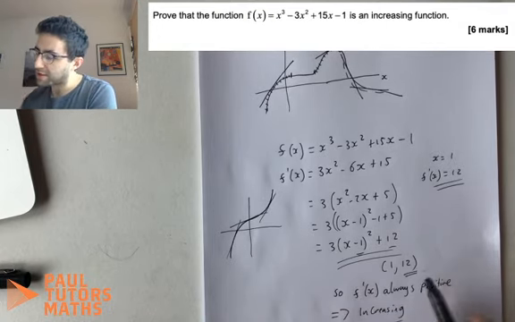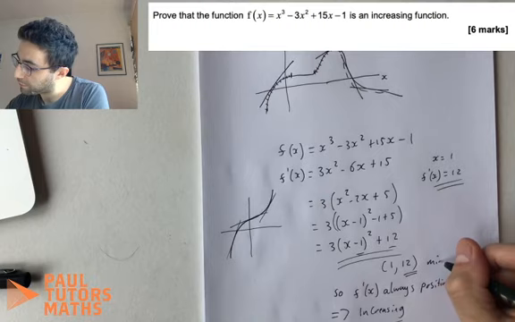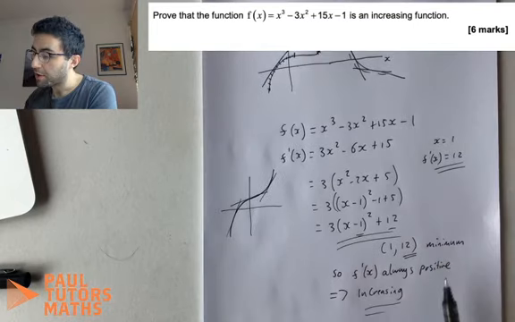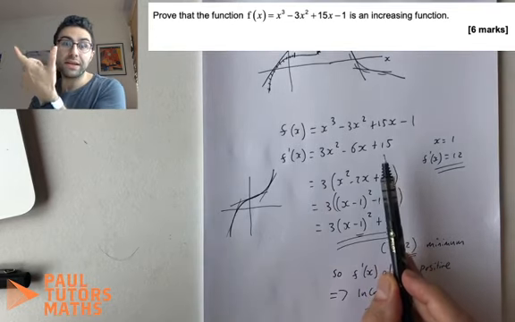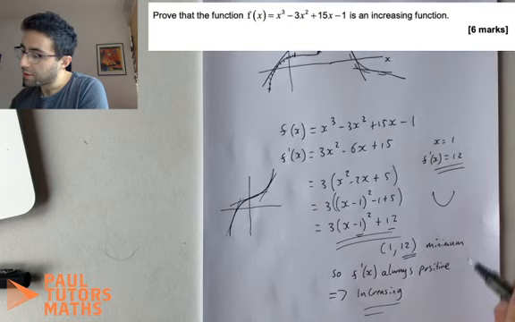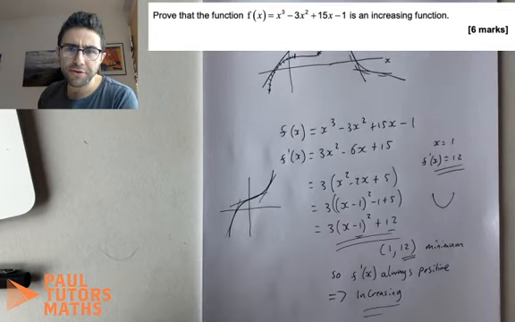Okay, you know that's a minimum, though it could depend how strict you want to be. You know that's a minimum because that's a quadratic, a smiley face one. You could do other tests. You could do second derivative and show that the second derivative